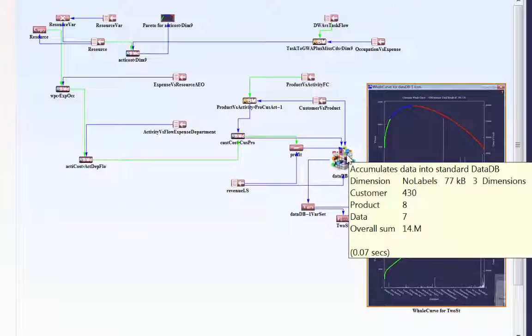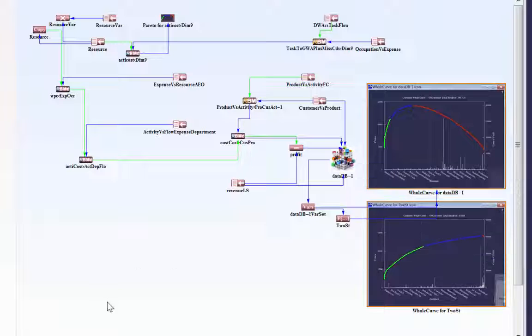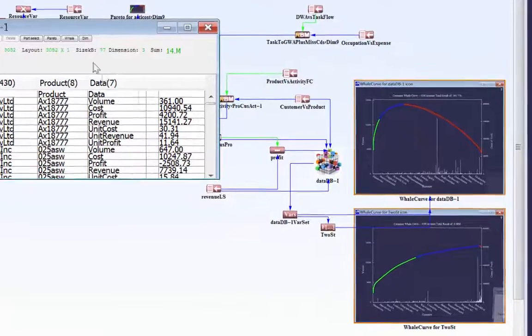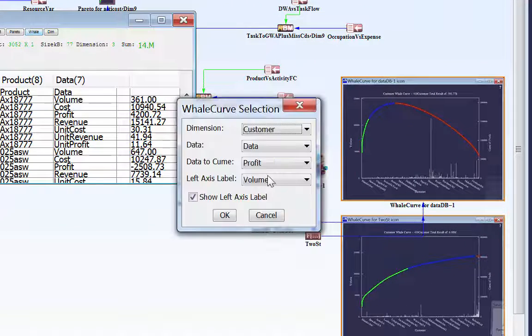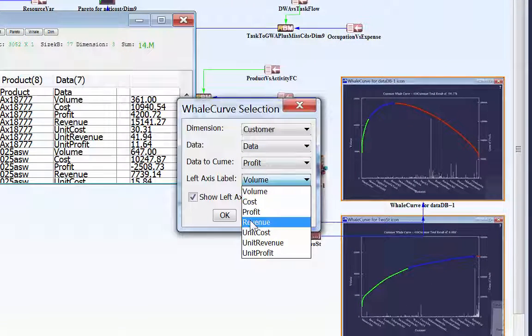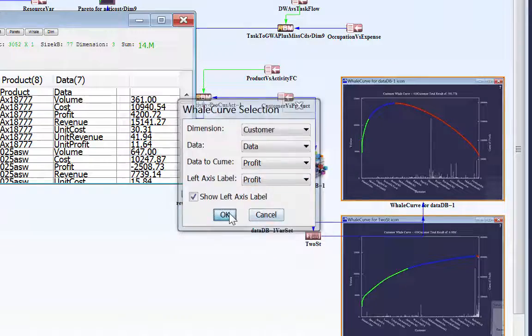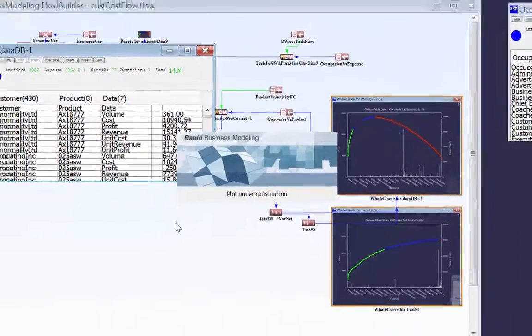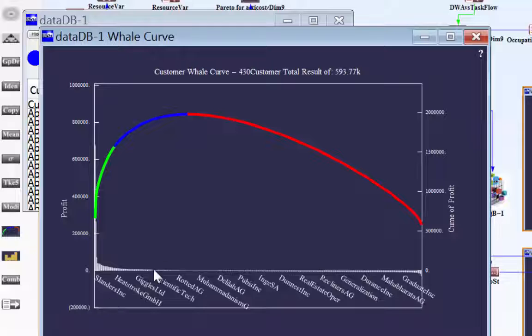When we plug this all into the data DB maker, then we get automatically 7 data, and when we look at those data you see how it looks like, and we can already make a whale curve from here. And let's take profit, so we have profit to come and profit on the left axis. That way you can nicely see how things are developing or not. See here, from here on we lose and we kill nicely the profitability from here down to the result.